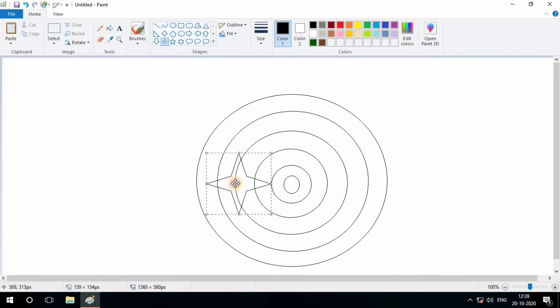Choose the star shapes here. I just want to draw something new, so I just select the stars also and draw it. Simple draw. And adjust with this picture.